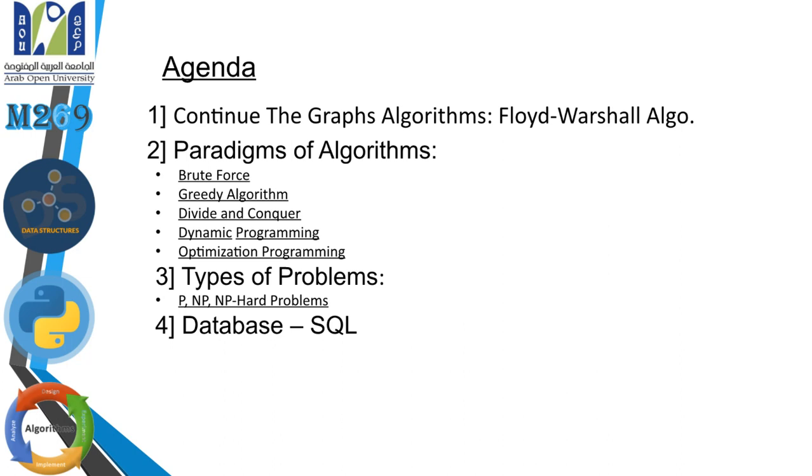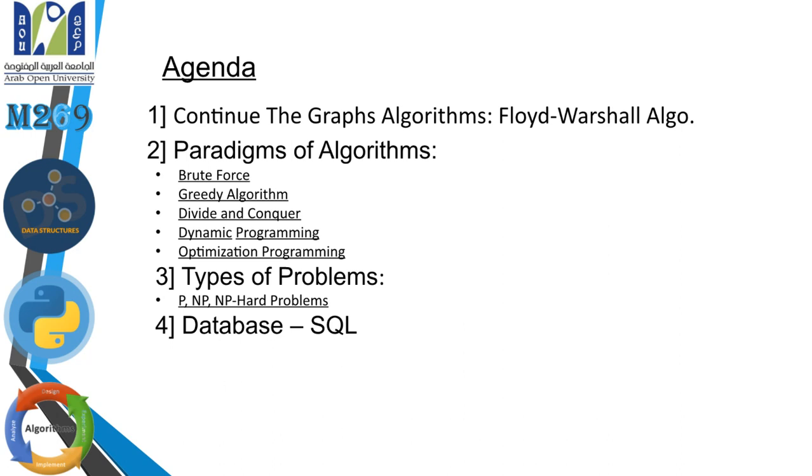So today we are going to talk about a different one, which is part of dynamic programming, called the Floyd-Warshall Algorithm. And that is for finding the shortest path between the given vertices in